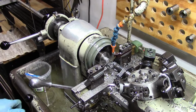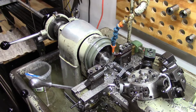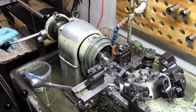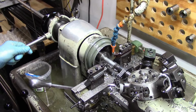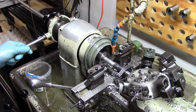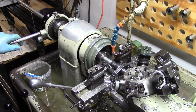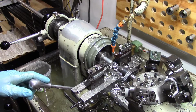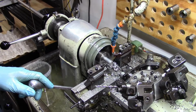So I'm going to power up the machine. I'm going to first go into high speed. I'm going to open the collet. Now my bar feeder has pushed the work forward. I'm going to push the depth stop against the depth stop on the turret, close the collet, and now the workpiece is held. I'm going to index, foot pedal on the coolant,